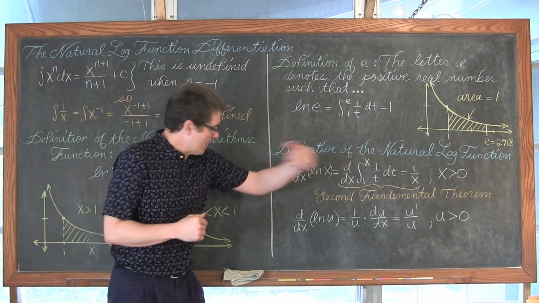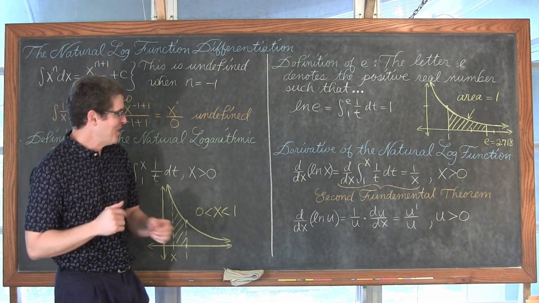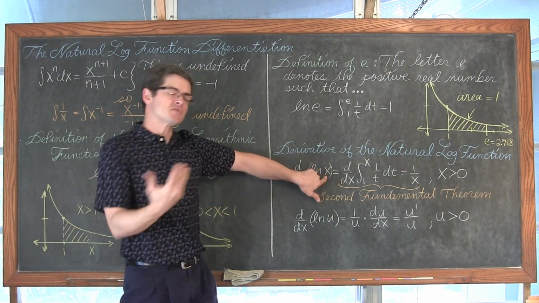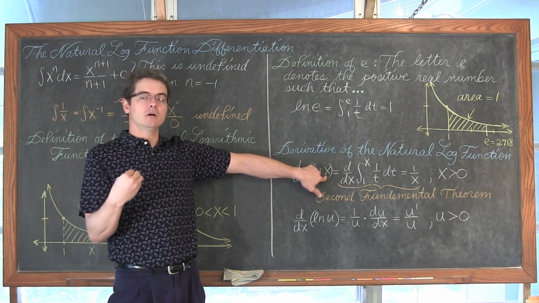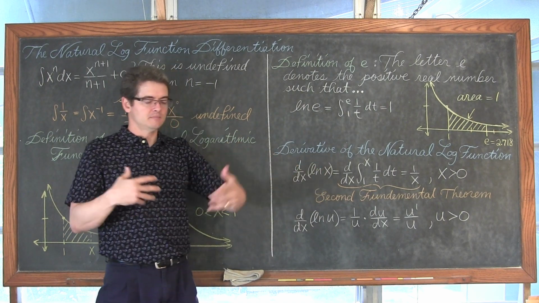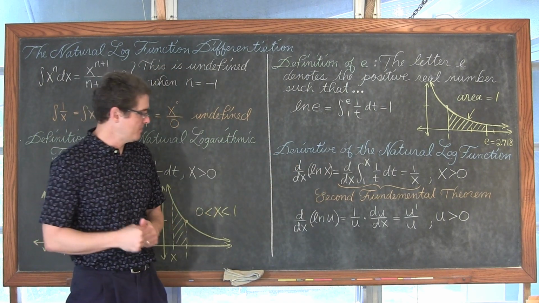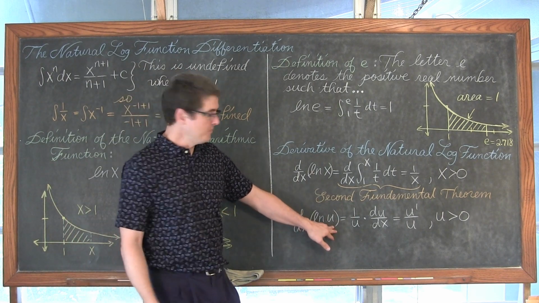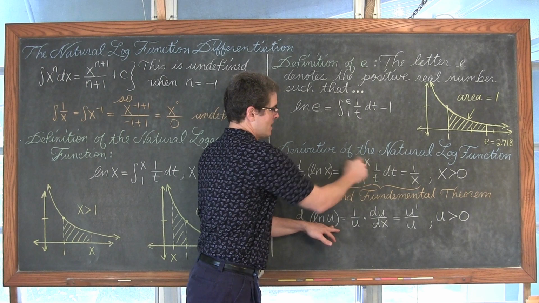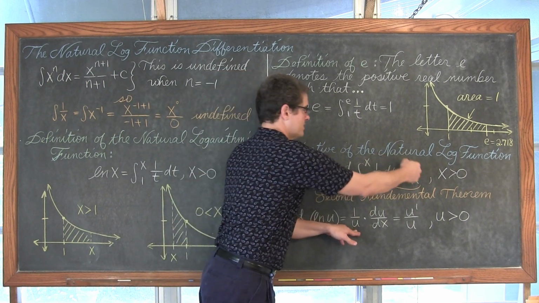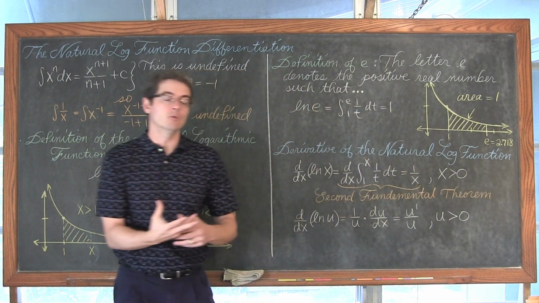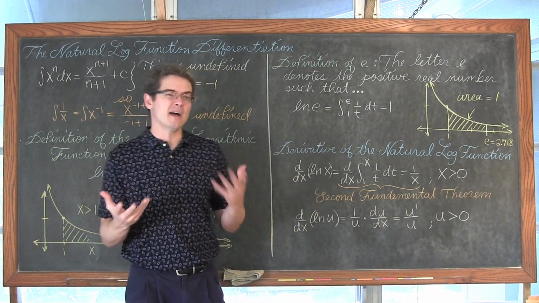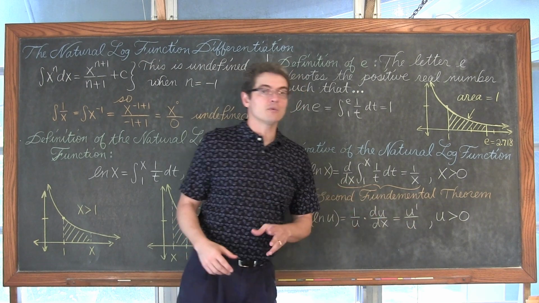So, anyway, getting the chain rule in here: if you don't have just a basic x here and you want to do a u substitution to make the function look simpler, so you can more easily take the derivative of it, we have the derivative with respect to x of the natural log of u. So we're talking about a u substitution, so I'll have a u here. That's equal to, instead of 1 over x, 1 over u. But since we've done a u substitution, we have to multiply by the derivative of u with respect to x, or basically get u prime over u.